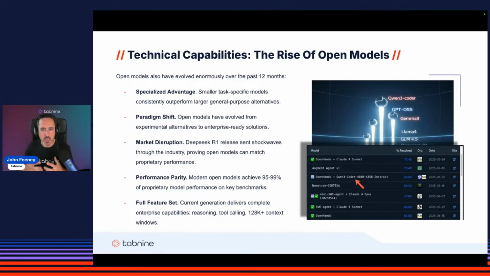So the current generation of open models have come a long way, and right now they're also providing agentic capabilities as well. Things like reasoning, tool calling, support for larger context windows, 128K and above. These are obviously all important ingredients for modern AI coding assistants and for agentic workflows. So all of this is to say that there's never been a better time to host your own LLM inside an air-gapped environment and to deliver a cutting-edge experience to your engineering community, and more importantly, a secure experience.